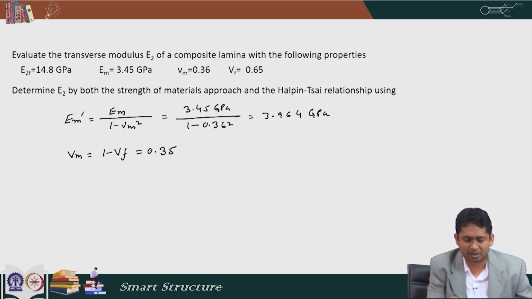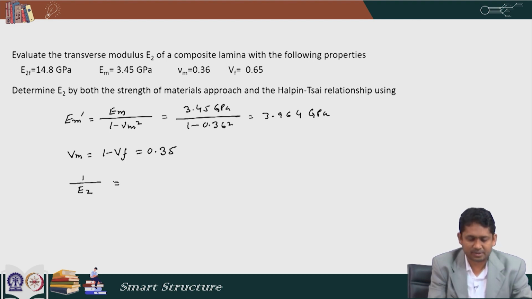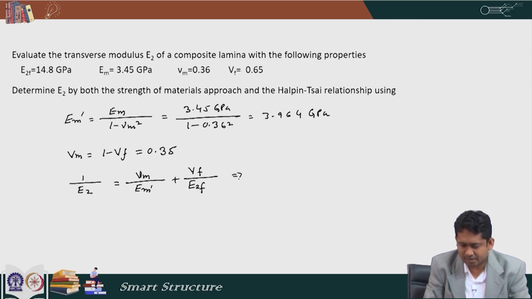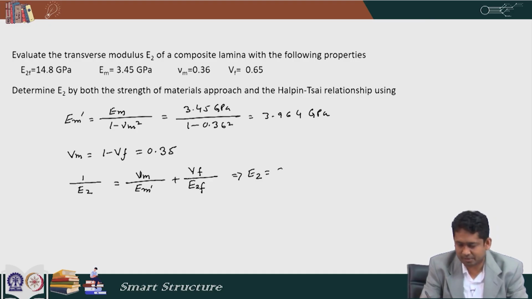Then we can find out our elastic modulus in the transverse direction, which we get from this relation: 1 by E2 is equal to Vm by Em prime plus Vf by E2F, and then after solving this equation, E2 is found to be 7.56